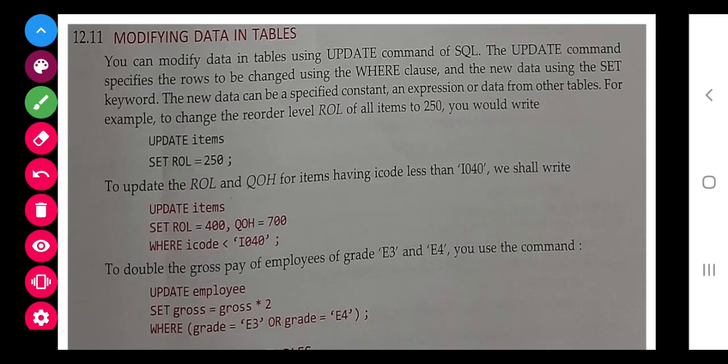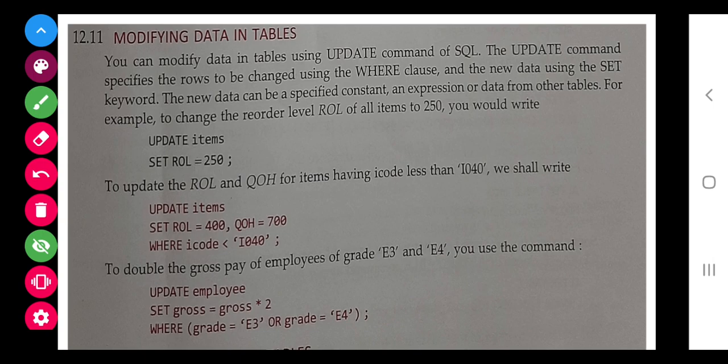Next is updating. For that there is a table named item, and we want to set roll as 400 and QOH as 700, where ICode is I040.